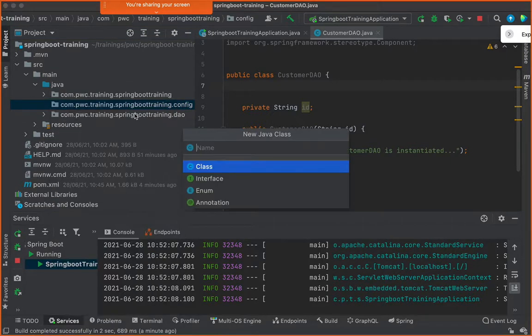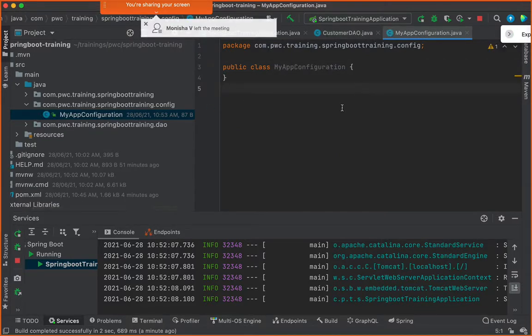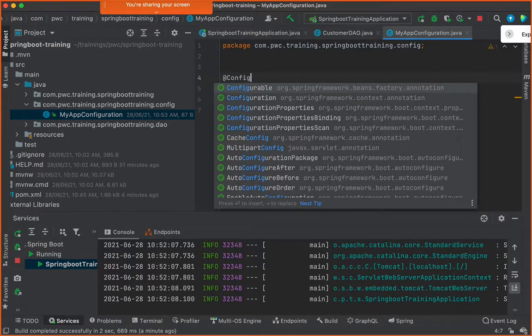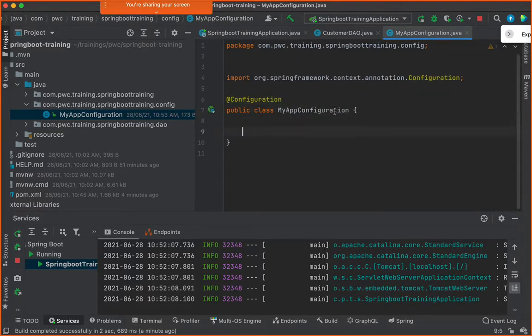I'll create a class, and I will give the name of the class as MyAppConfiguration. In this MyAppConfiguration, I'll write @Configuration. Now what does this mean? This means that this particular class will be the configuration class.